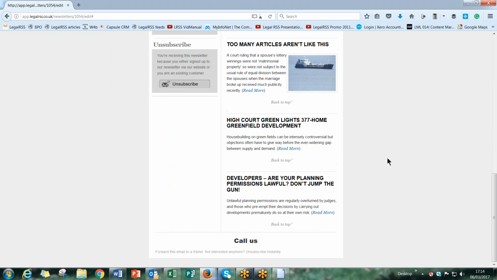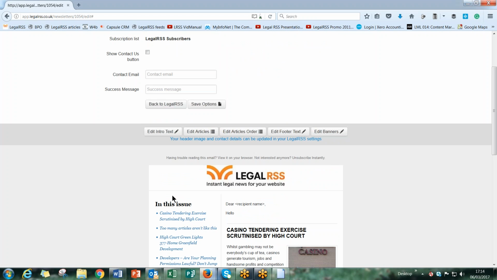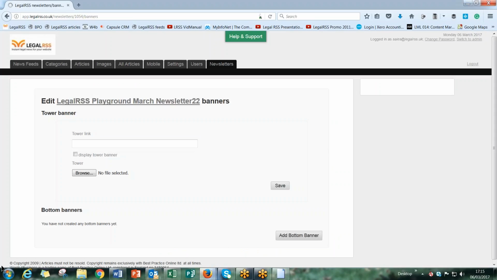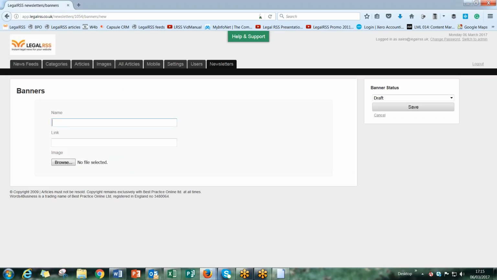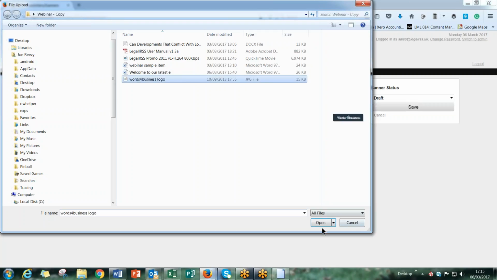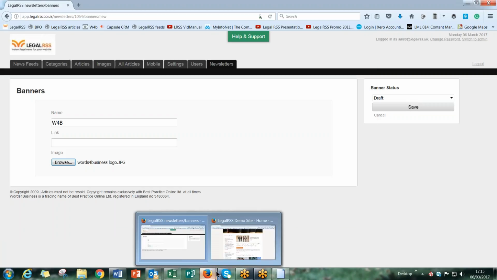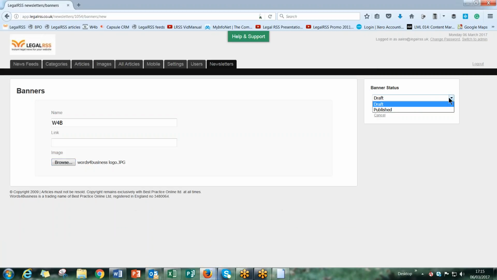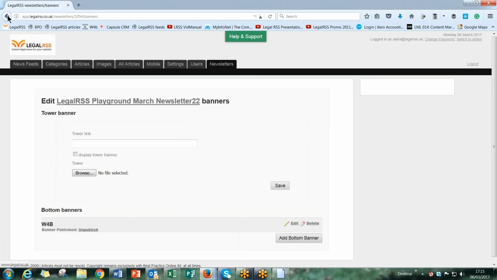And there it is. Now, you can also add banners. That's a banner in effect. And you can add a banner by adding a logo or something like that, and there's that one. So I've added the LegalRSS, the Words for Business one, and if I save that, then when we go back